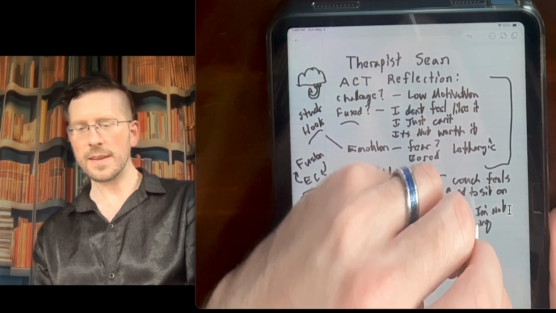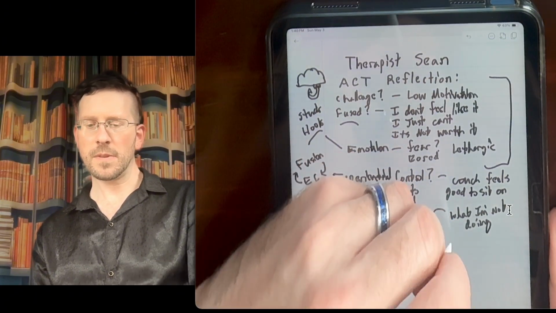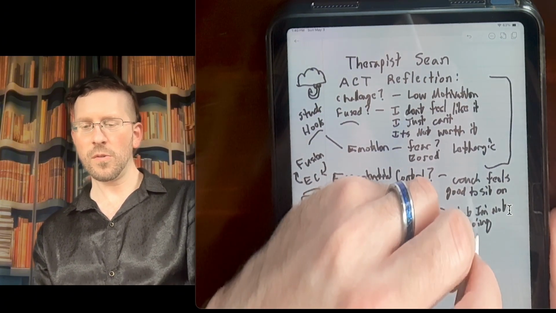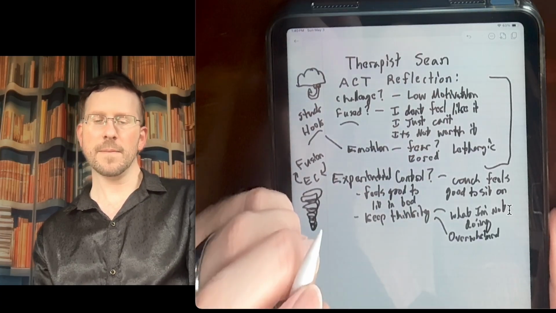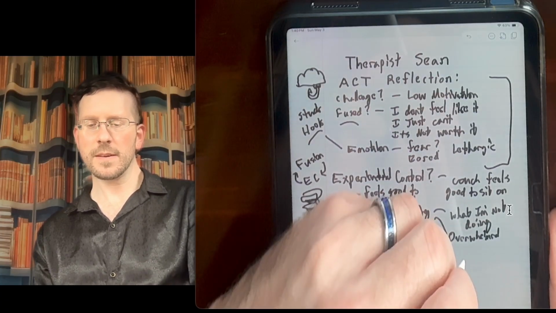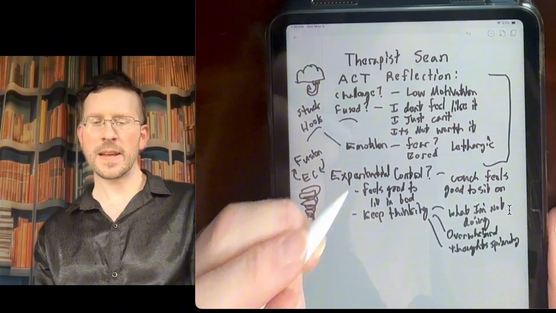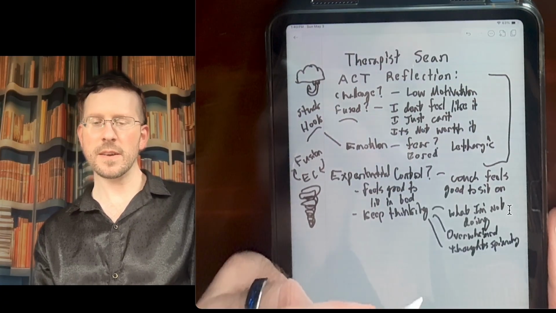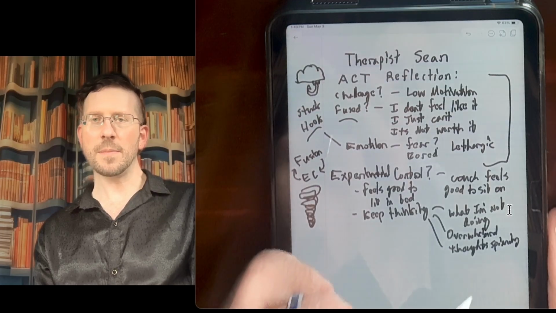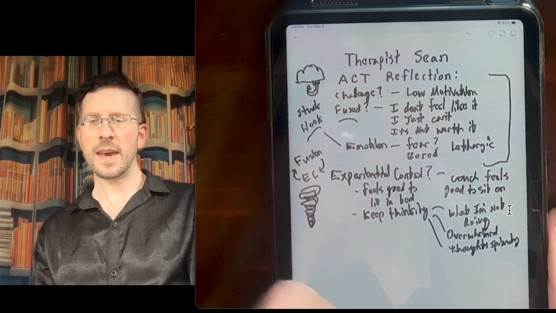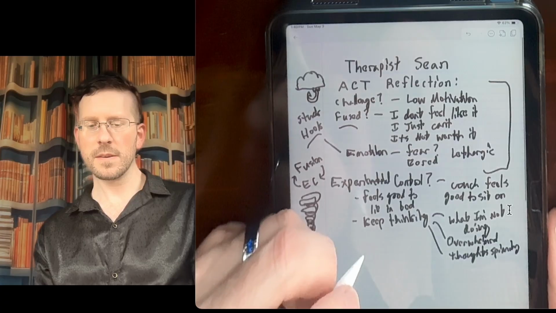Maybe I'm ruminating on all the things, maybe overwhelmed by the number of things that I have to do today. It's just spinning through my head. The thoughts are just spinning. And that's the experiential control then, is that the thoughts just keep going through the mind as if I think about it enough, then that will somehow change something.